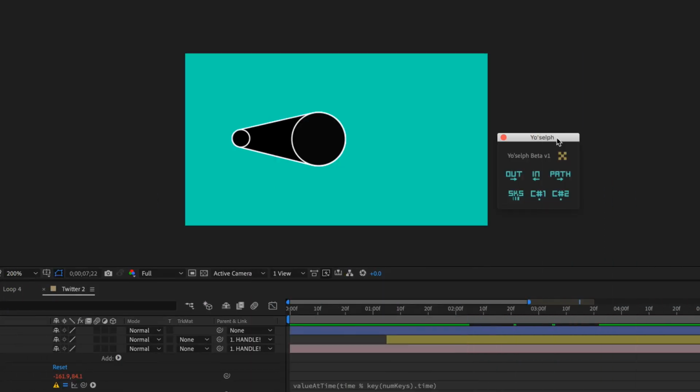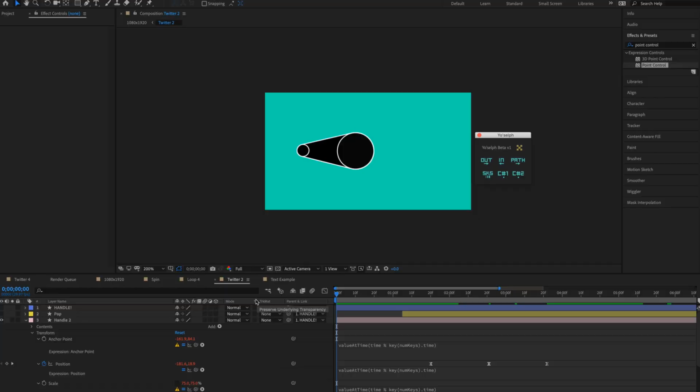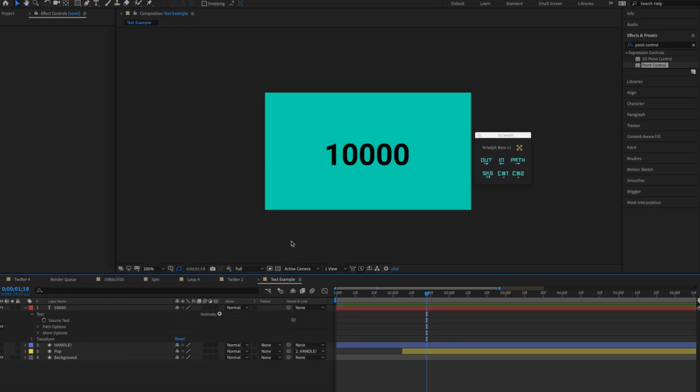Now that we've covered the basic building blocks of Yourself, I wanted to dive into what I think is this little guy's biggest feature, and that is these 2 buttons here, custom expressions. The 2 custom expression buttons give you guys a chance to put your most used expressions at the power of a one-click button. So say for example you're doing an animation where you focus on lots of stats and figures